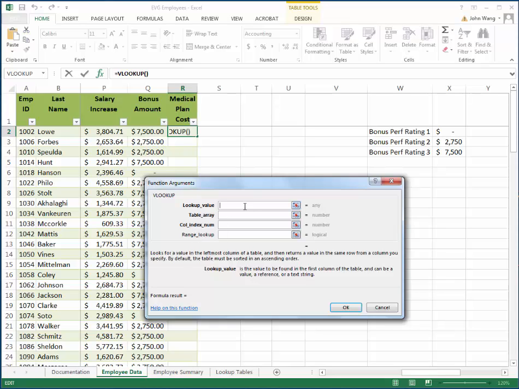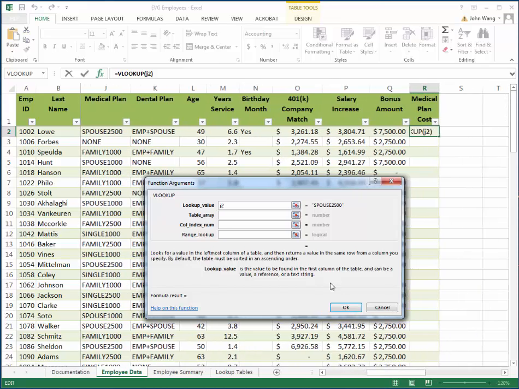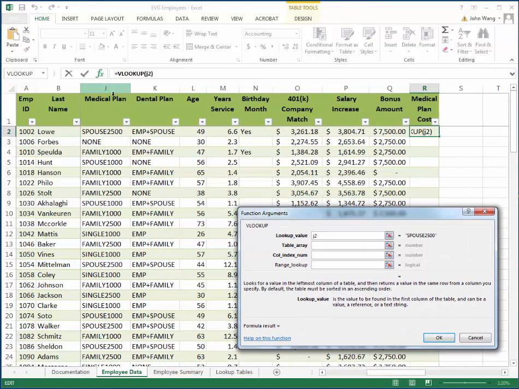So in this case, the textbook is asking us to enter the lookup value first. So let's see what they want to do in terms of lookup value. So lookup value in EX492, item 5 is going to be J2. So you're looking up at J2, and let's have a quick look at what J2 was. So you can see that J2 in this case is a list of medical plan. So you're looking at the J2 medical plan,